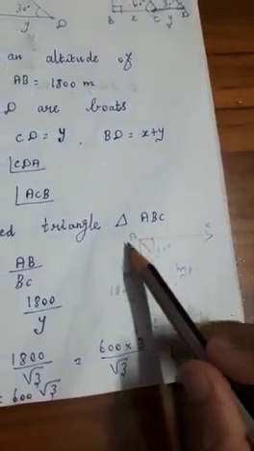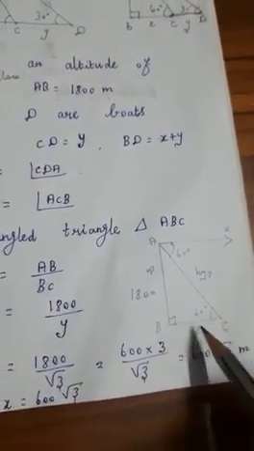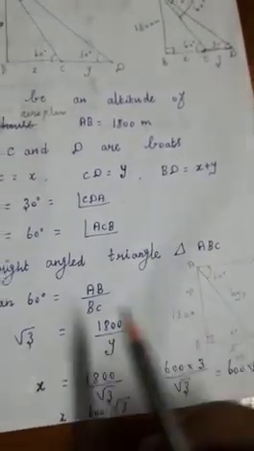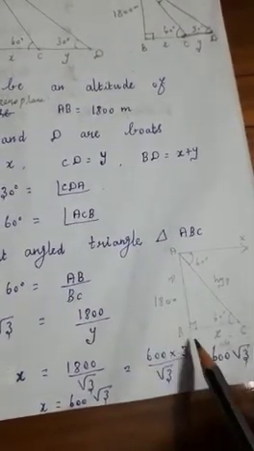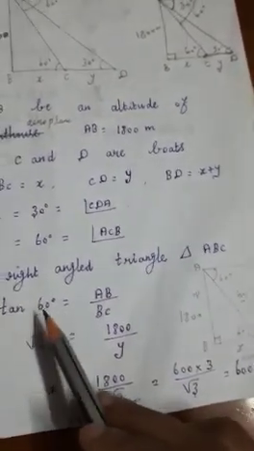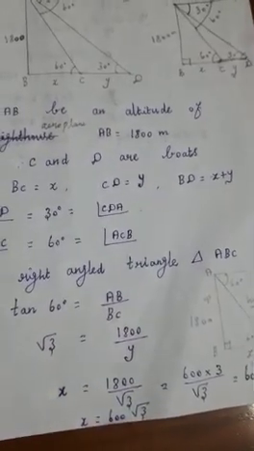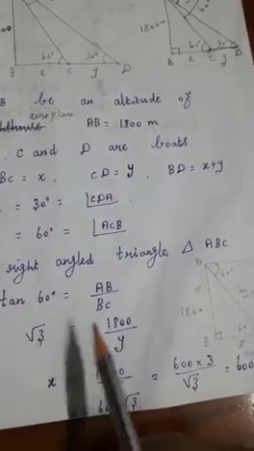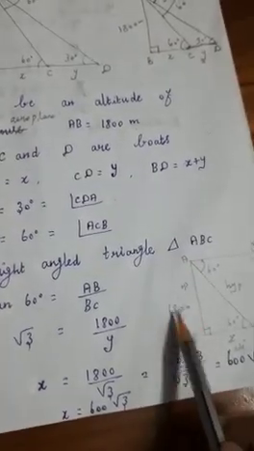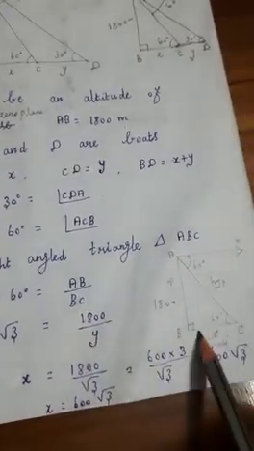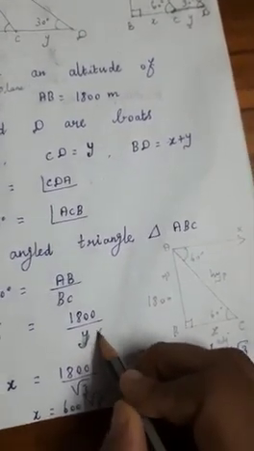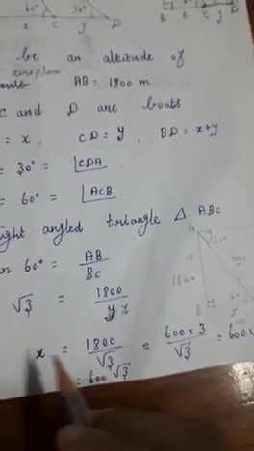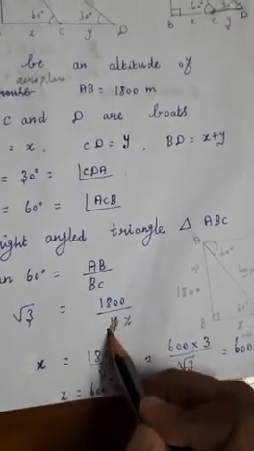So now see here, opposite side we know, adjacent side we need to find out. So that's why we have taken the tan ratio. Angle is 60 degree. So tan 60 degree is equal to opposite side by adjacent side. Opposite means AB divided by BC. Tan 60 degree value from the tabular column we know. So that value √3 is equal to AB, that distance of AB is 1800, divided by BC, what we have taken, that is X. Okay, not Y, X. So here X value only we are going to find out.